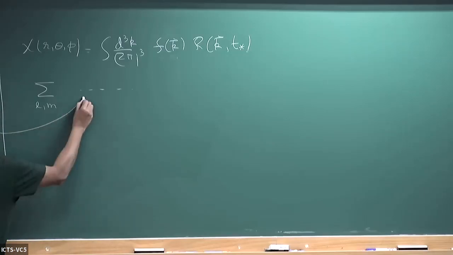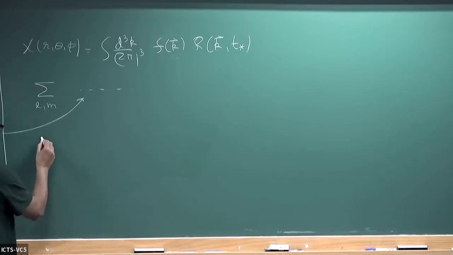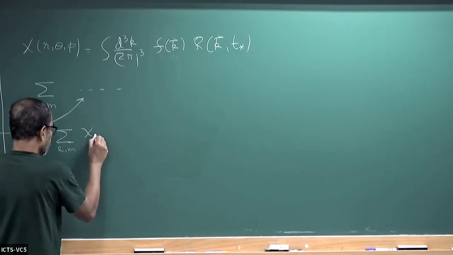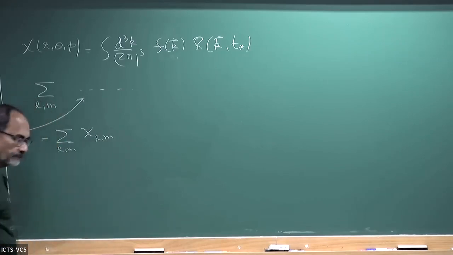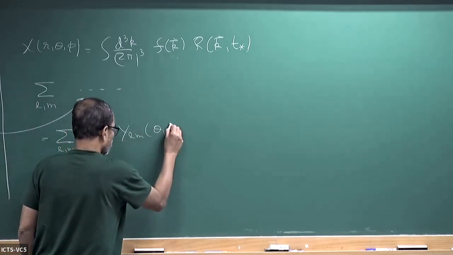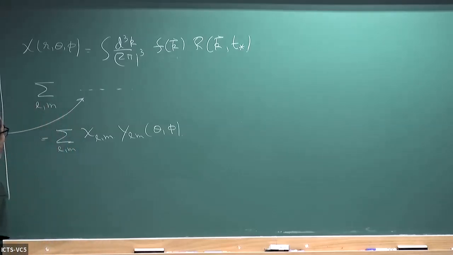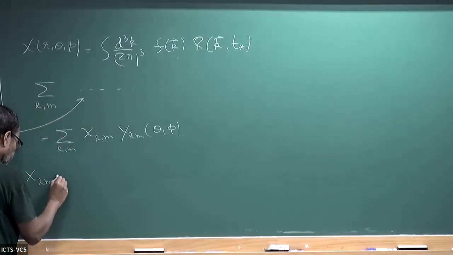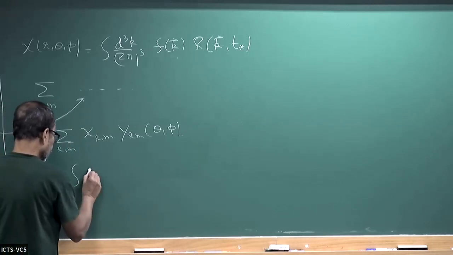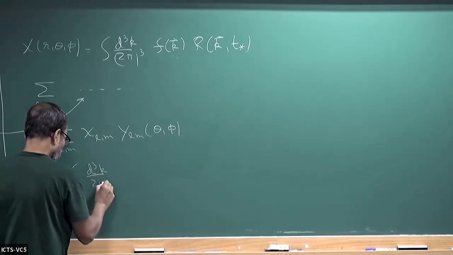I can reorganize this as a sum over lm of chi_lm times Y_lm of theta, phi, where now chi_lm is given by the integral d cube k over 2 pi cube